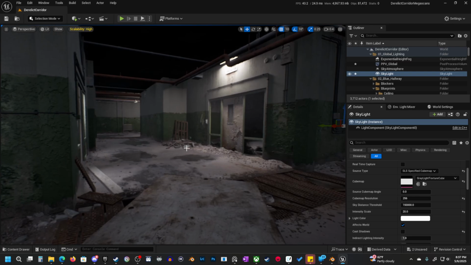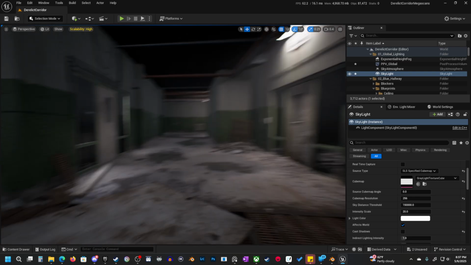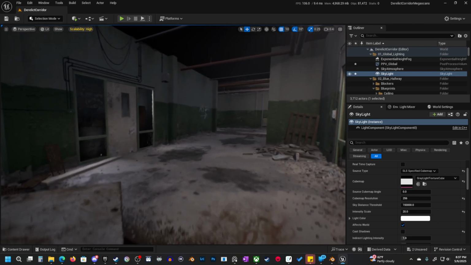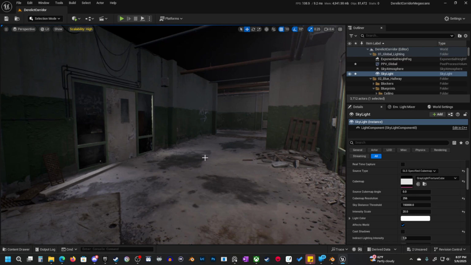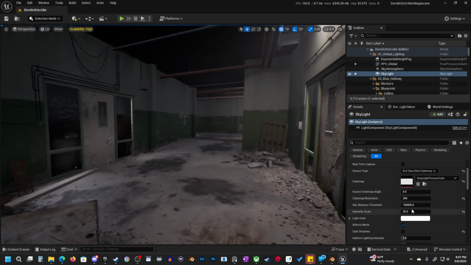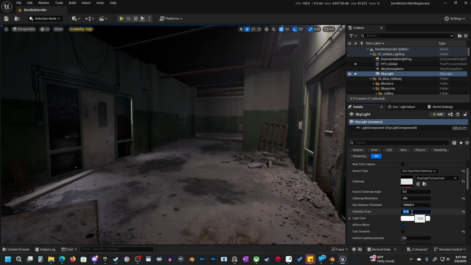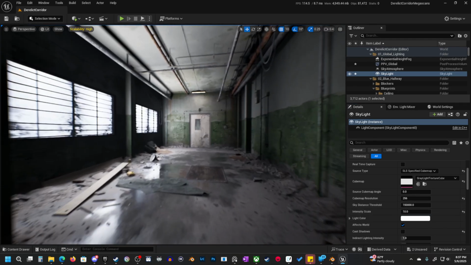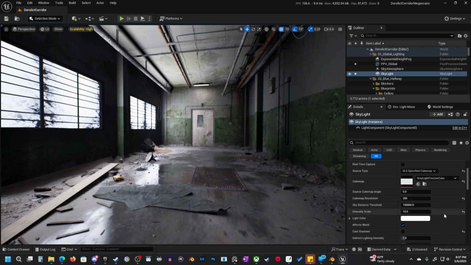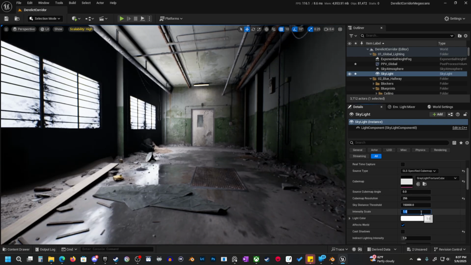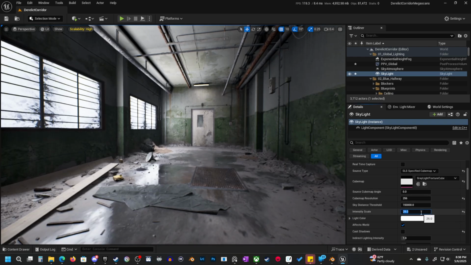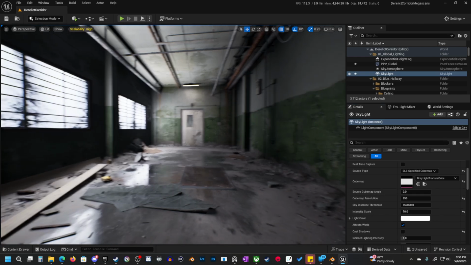And, okay, this is not looking great here. So this is where you really do have to tweak this a little bit more and figure out you might need additional post-process volumes in here to adjust this. But also, I want to say there's no right or wrong way to do this. I just want to show you guys alternate ways that you can light a scene, and maybe some additional ways